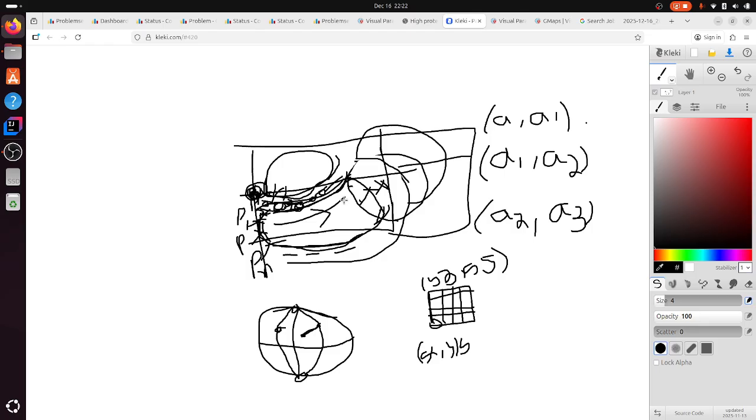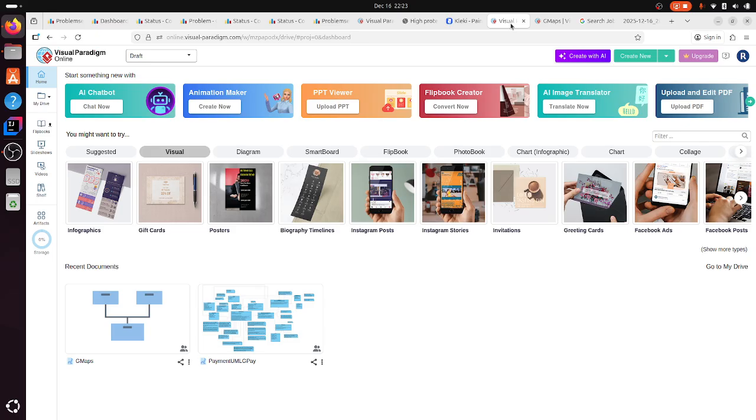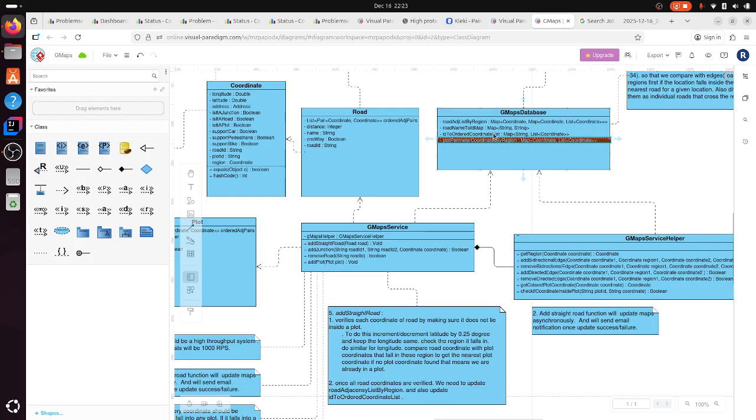So how do I prove that? How do I prove that this point is inside this plot? What I will do, for the same equator, for the same latitude, is see what are all the coordinates that are falling on the plot. This I can get from this ID to ordered coordinate list. This will have